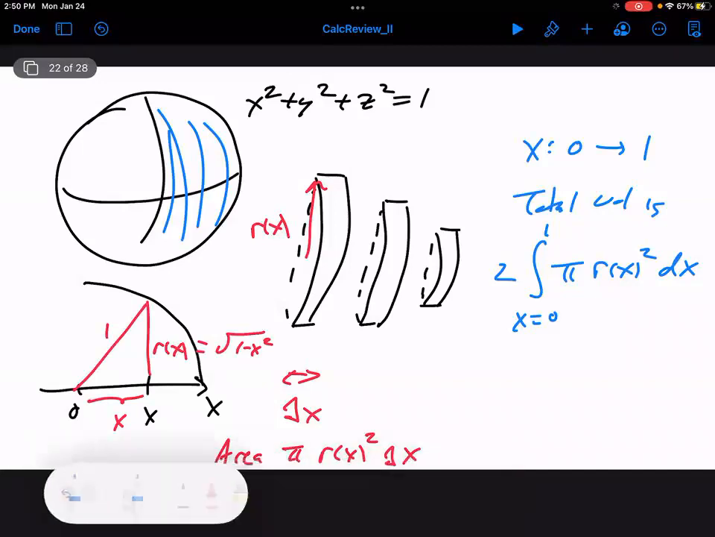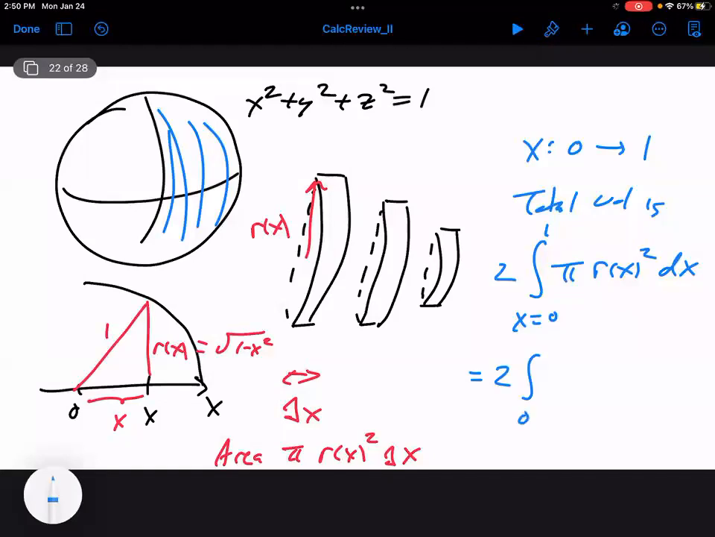So now that we know that, this is just twice the integral from 0 to 1, pi times the square root of 1 minus x squared, and then we square it. Oh, life is good. It's just 1 minus x squared dx. So that's going to then be 2 pi. Now, what function has derivative 1 minus x squared? That's going to be x minus x cubed over 3